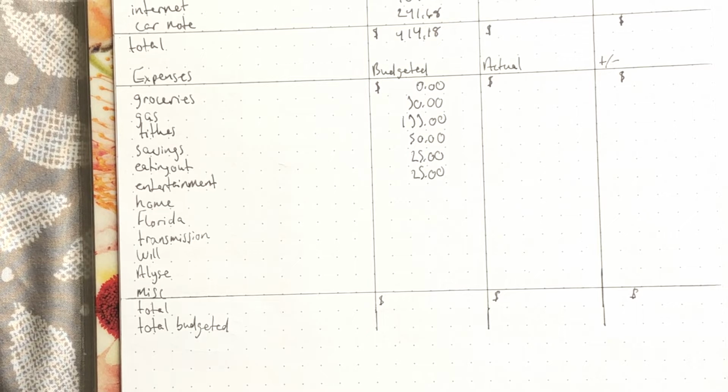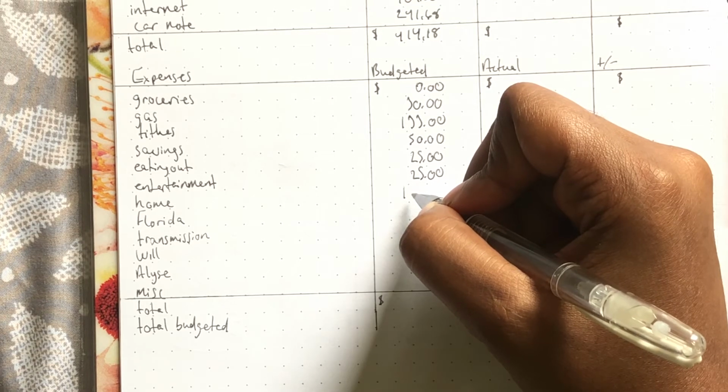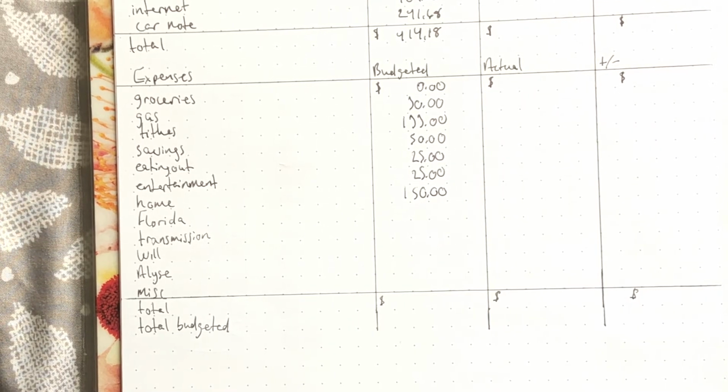And our next category is home. We are going home next weekend for a very, very, very sad reason. My little nephew, Michael Blake Whitaker, passed away last weekend in an accident, and so his funeral is going to be next weekend,